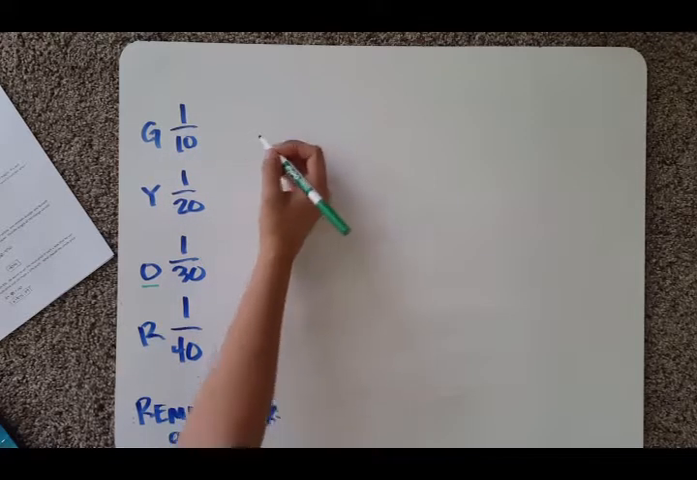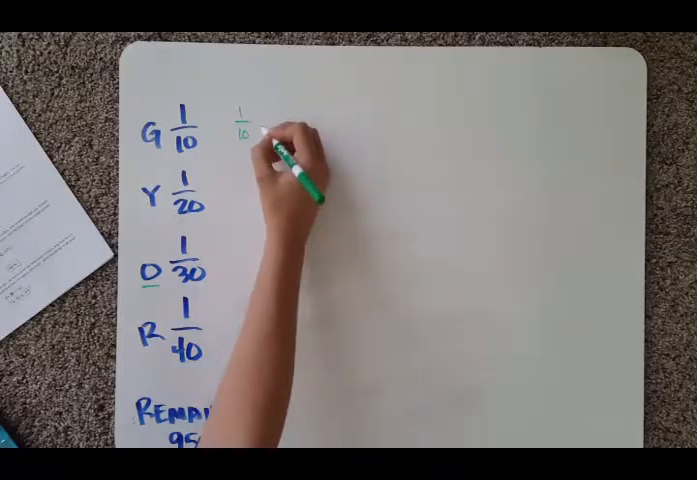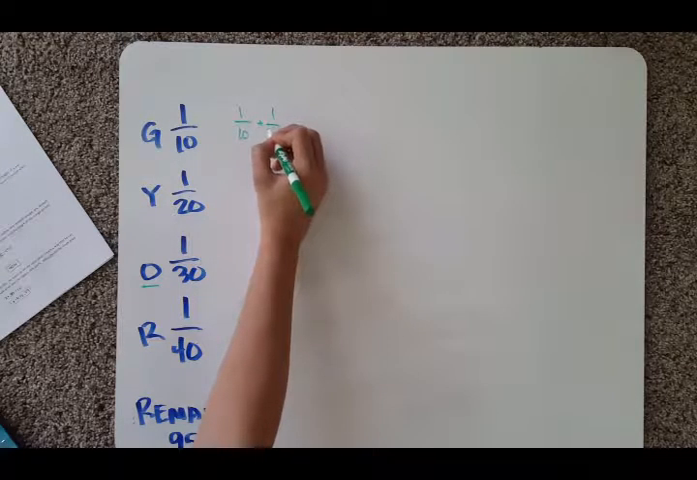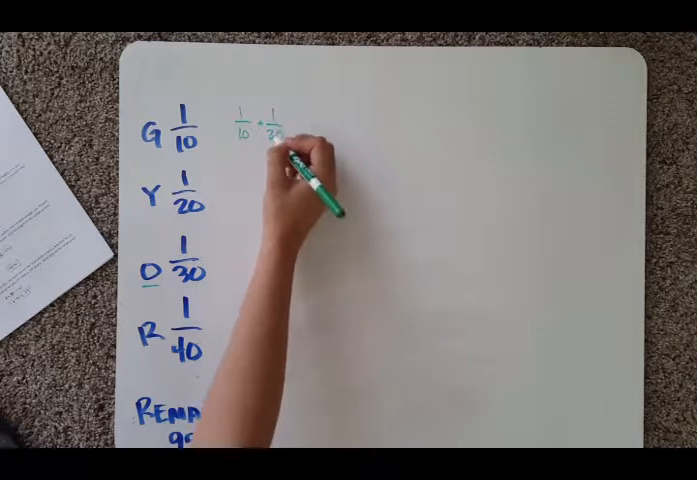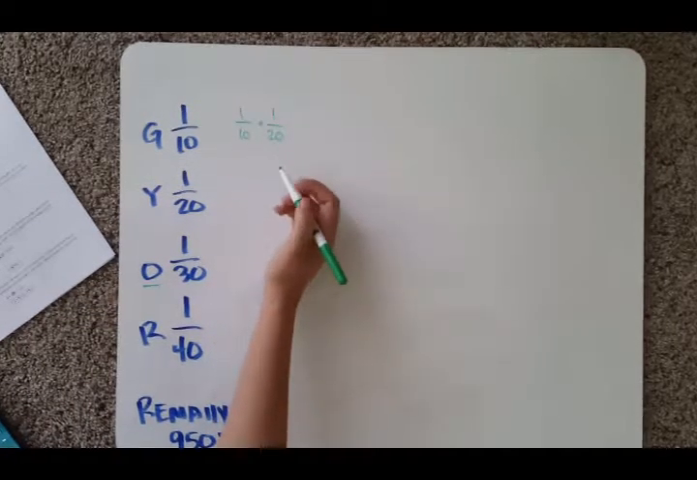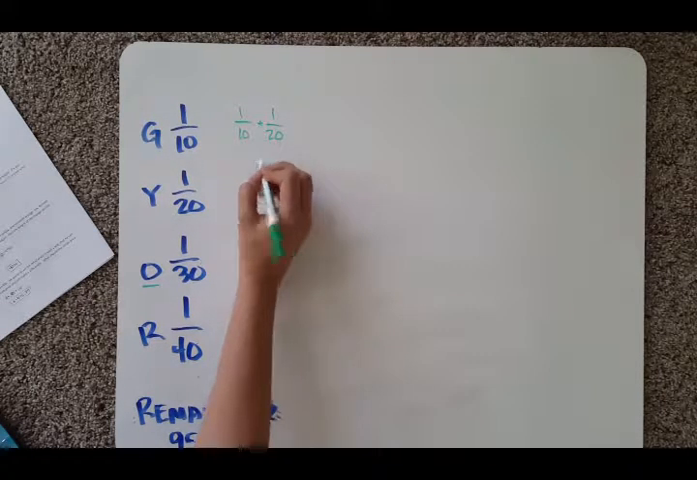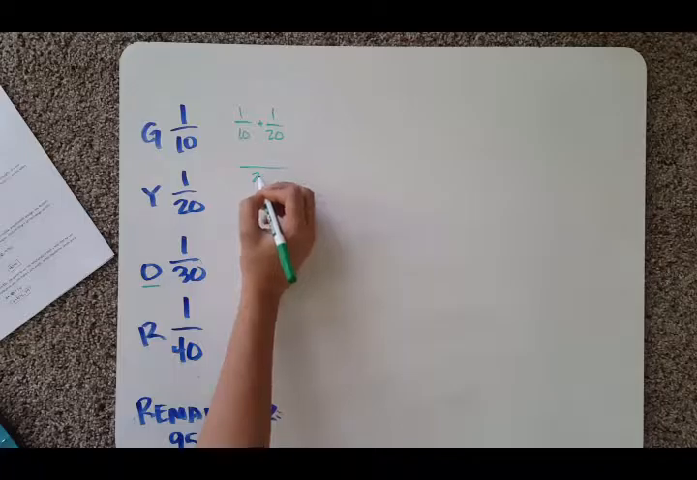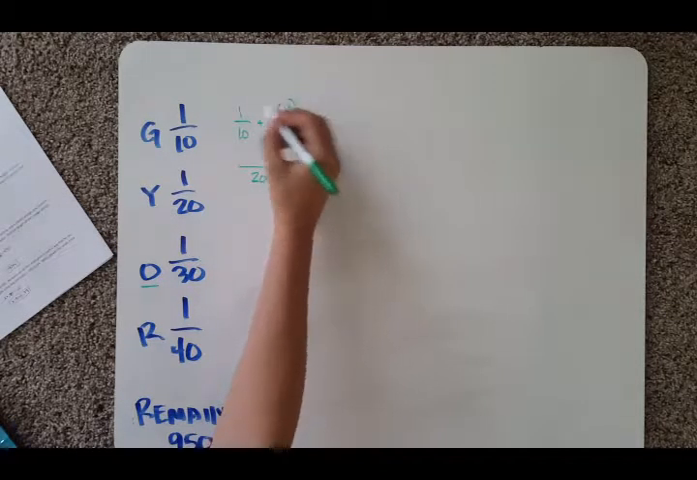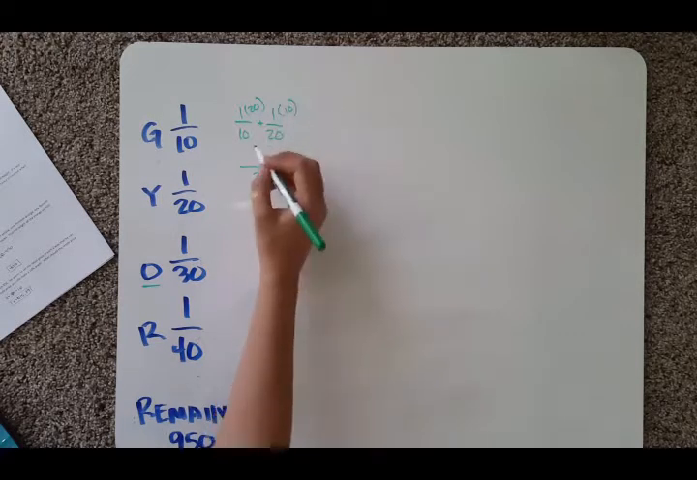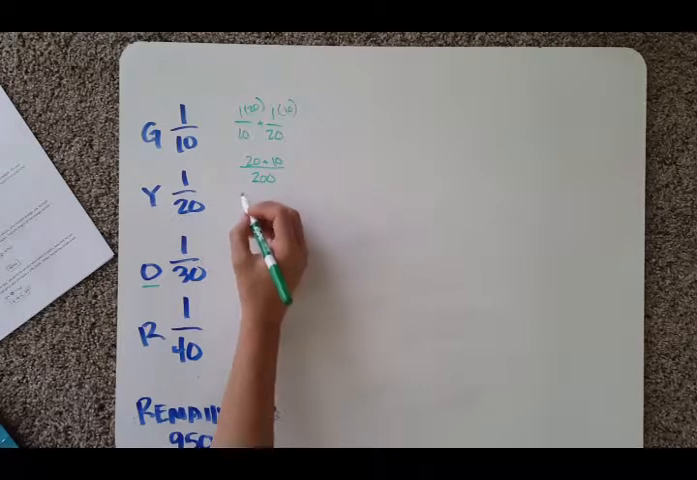So I wanted to add it together. So 1 over 10 plus 1 over 20. One way you could do it is you could just do 10 times 1 and then 20 times 1, and then multiply the two so you get the same denominator. So 10 times 20 is 200. So 10 times 1, 20 times 1 is just going to be 20 plus 10 over 200, which equals